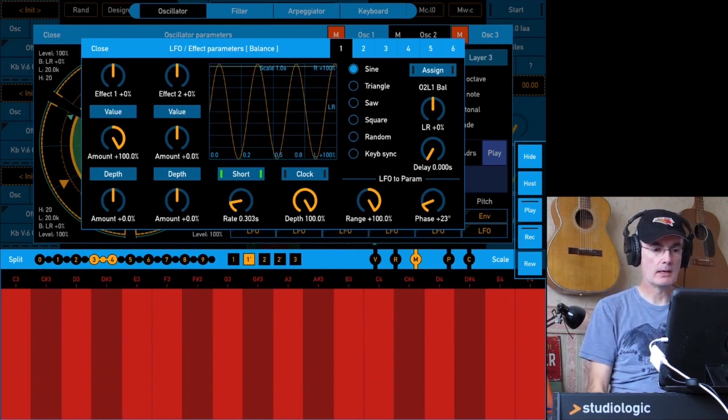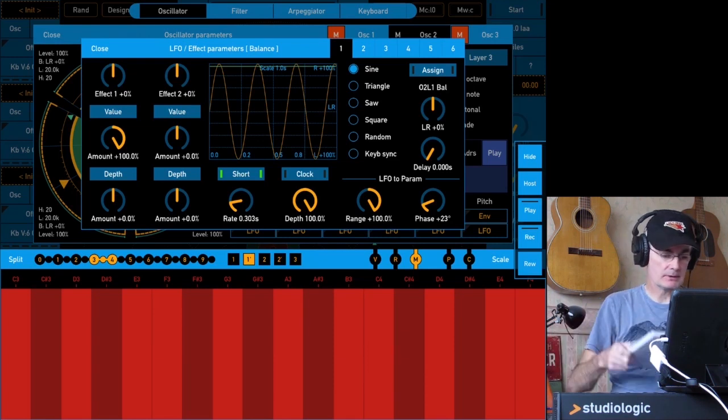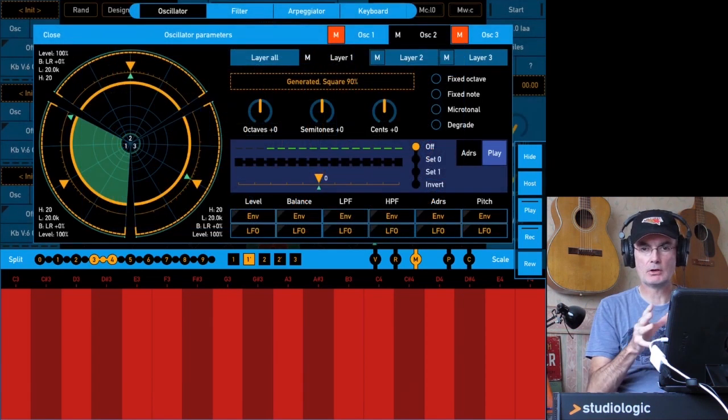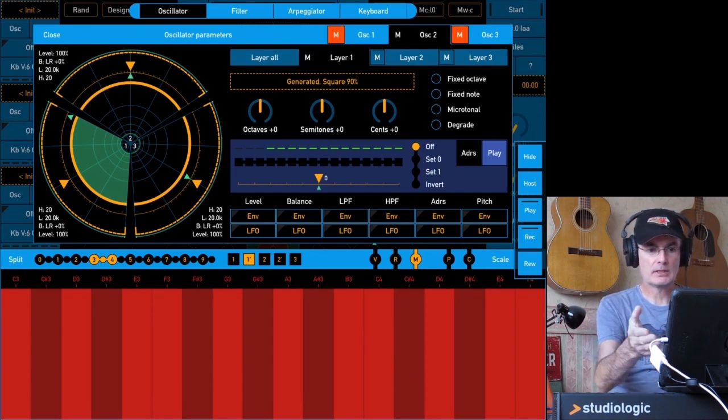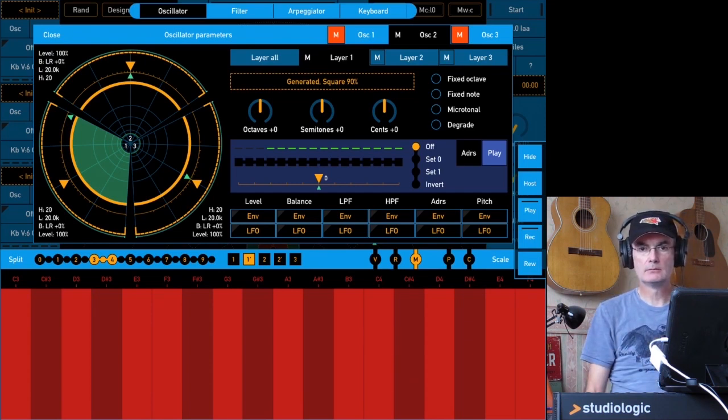So there we go. That's binding two different parameters to the Effect1 virtual control. And just thinking about the numbers here, I need my crib sheet for this because it gets very complicated. As I've said, the three oscillators are entirely independent, but for each oscillator we've got 3 layers. Each layer has 6 parameters on it: level, balance, low pass, high pass, address and pitch. So that's a total of 18 independent parameters, and we can bind as many of those as we want